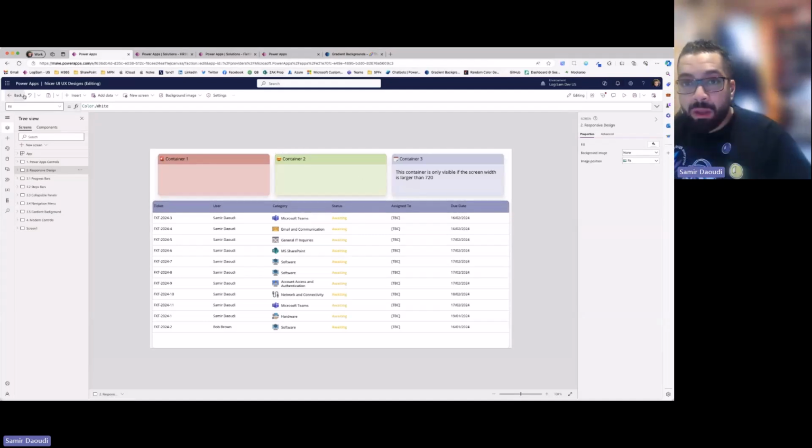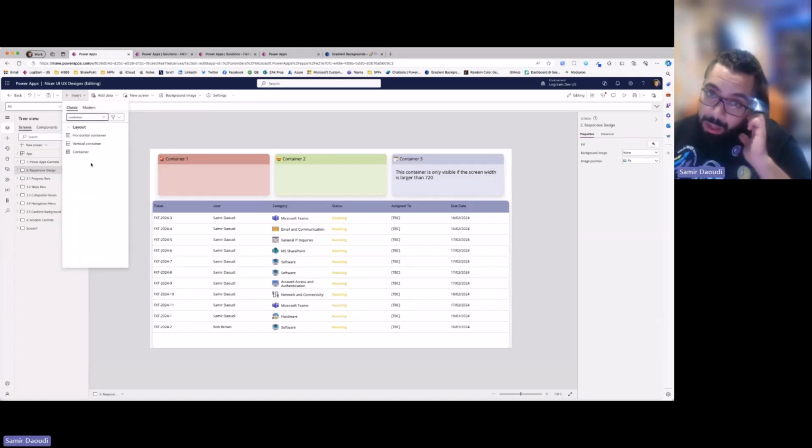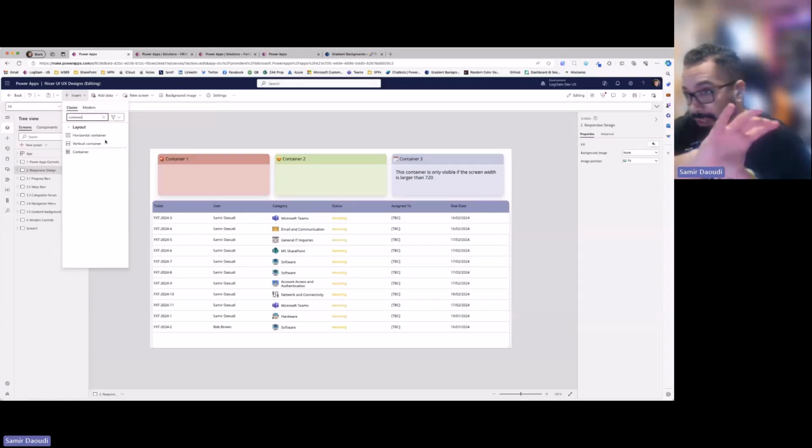Right. So to enable this sort of behavior, you have 2 things. First, you have to use containers, and it's always a good idea to group objects in containers. And there are 3 types of containers. You have the horizontal and vertical containers. These are obvious, so you can stack or align the items inside the containers either horizontally or vertically. And you have a normal container. I would say this is kind of a custom, floating container, which you can put anything inside, and it doesn't enforce